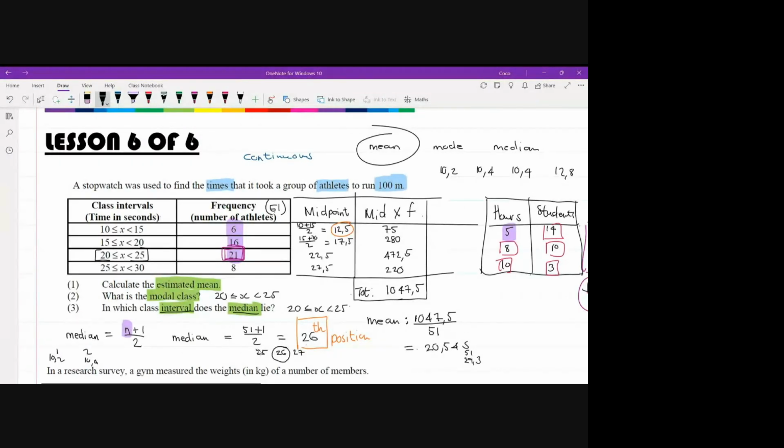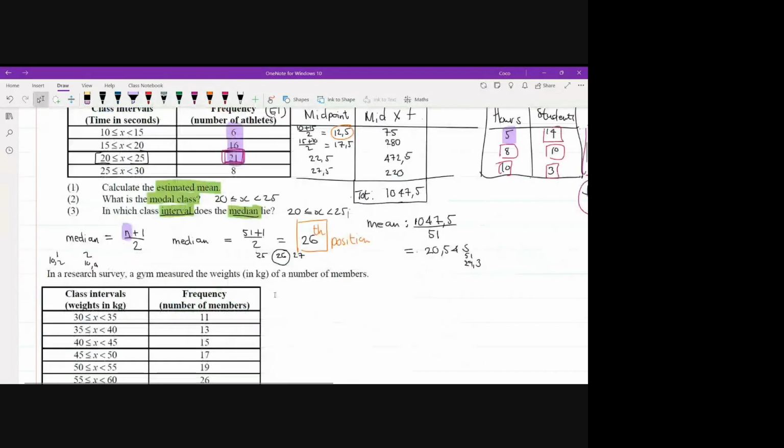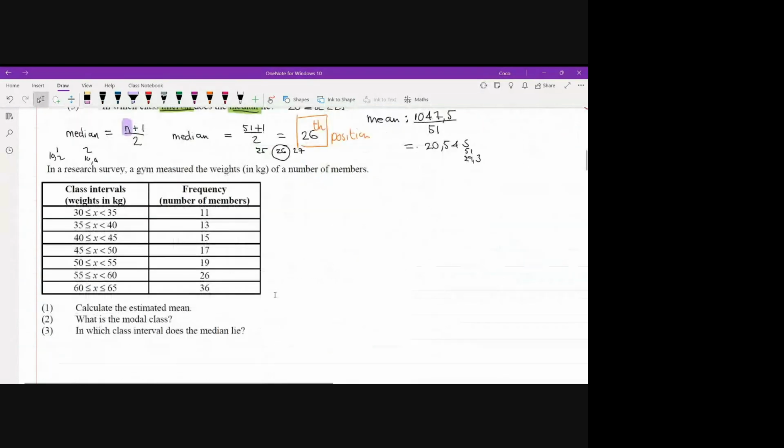All right, here's the next example, guys. I want you guys to try this one. And again, because they've given you intervals, you will see that they're not going to say calculate the mean. They're going to say calculate the estimated mean. The modal class, we want a whole interval. And in which class interval does the median lie? Now, in order for us to do this, we are going to have to extend our table to include two more